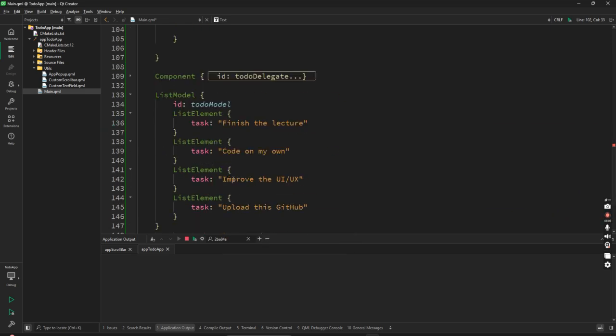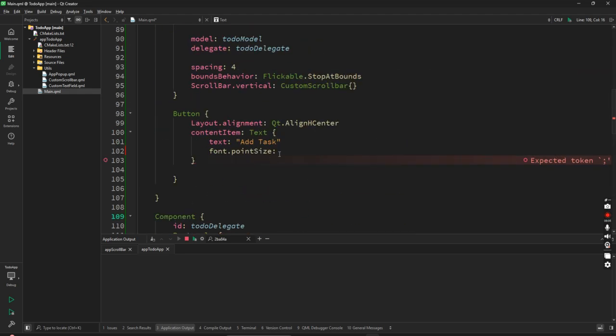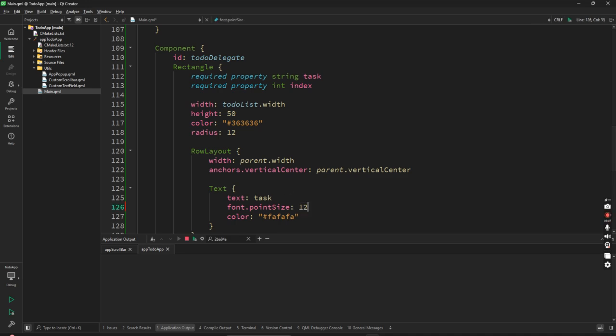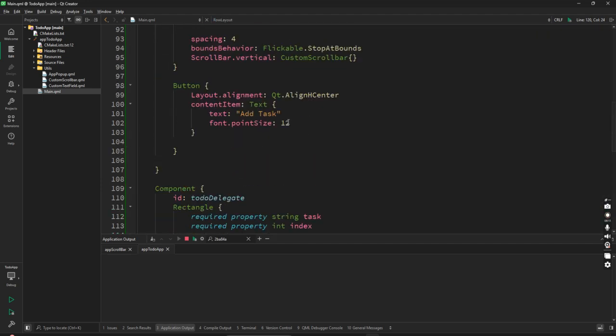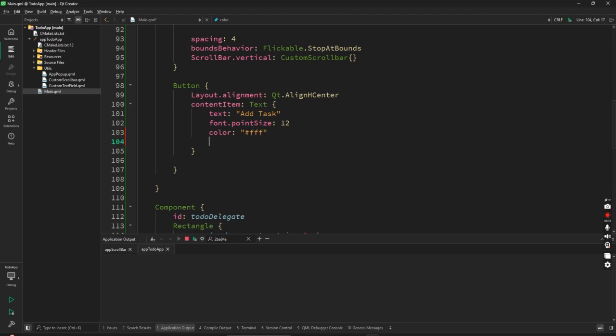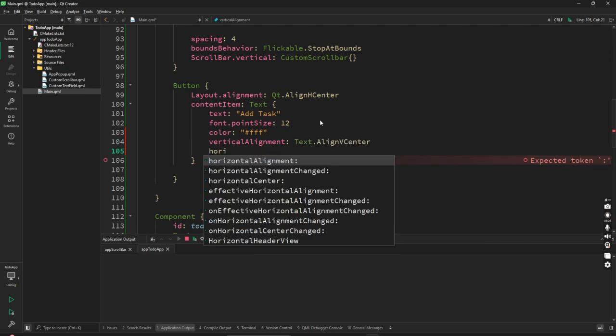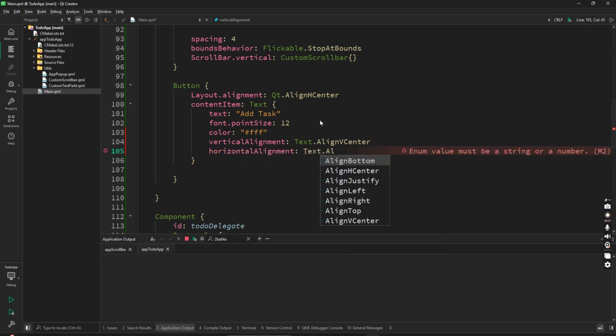What was the font size of the delegate? 13. 13 is too large. 12 is good enough. So 12, color of white. And here also vertical alignment, text dot align in the center, and horizontal alignment, text dot align center,